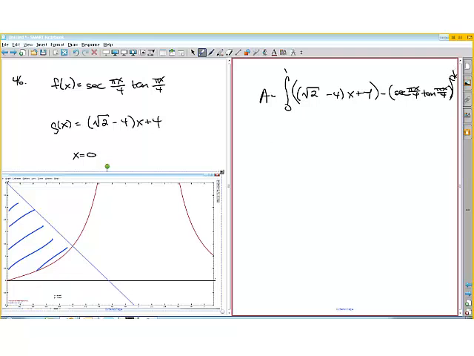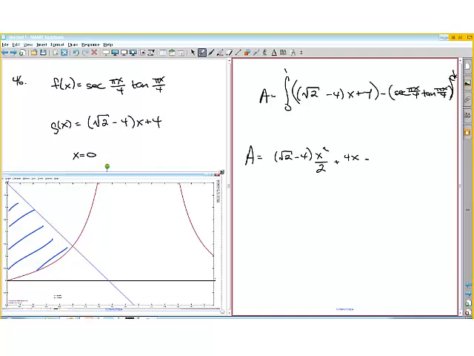So we just do the integration. There's not really much we can do here. So it's going to equal the square root of 2 minus 4 x squared divided by 2 plus 4x